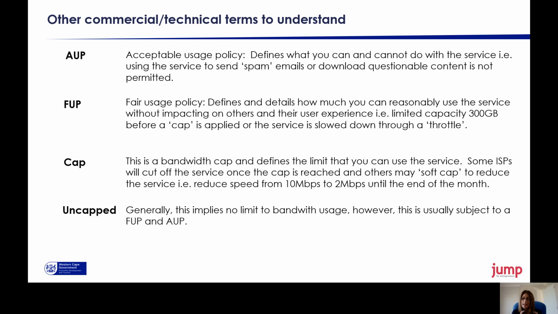So just see what your contract says around that. And then your fair usage policy, or FUP, that details how much you can reasonably use the service without impacting others. So you might have limited capacity, and then they will cap you, or they will throttle it, make it slower, and until your next